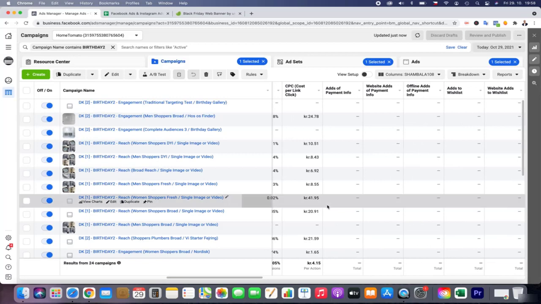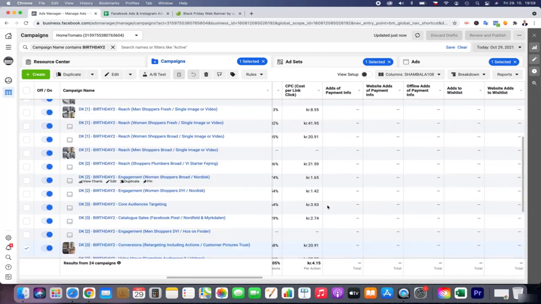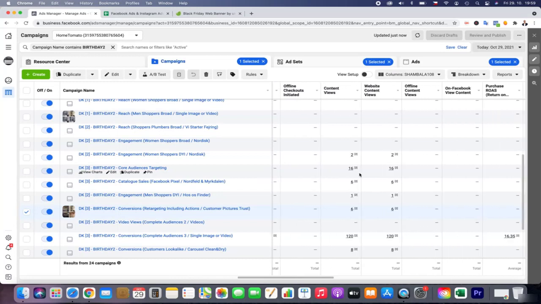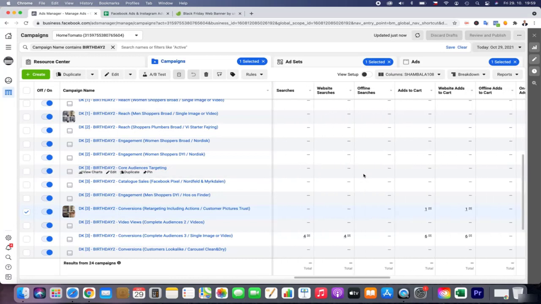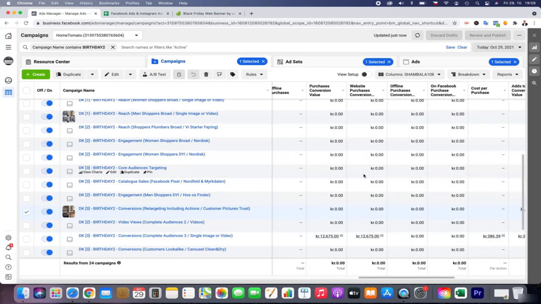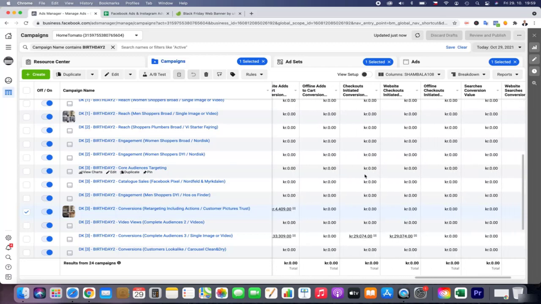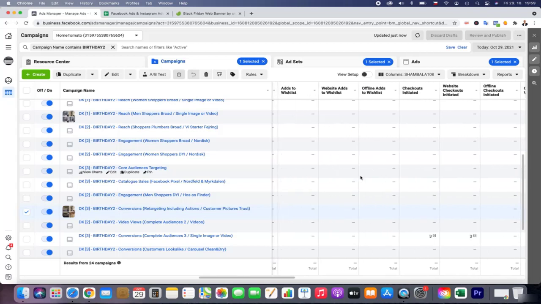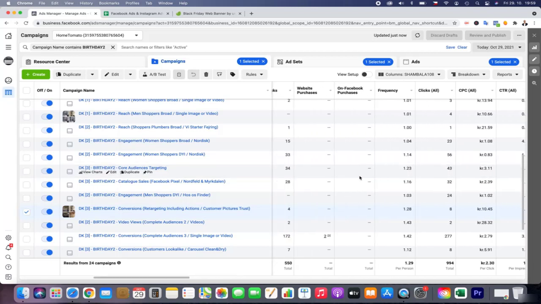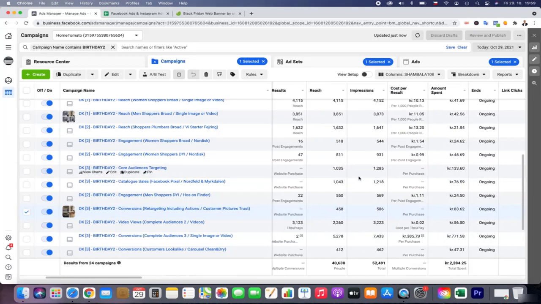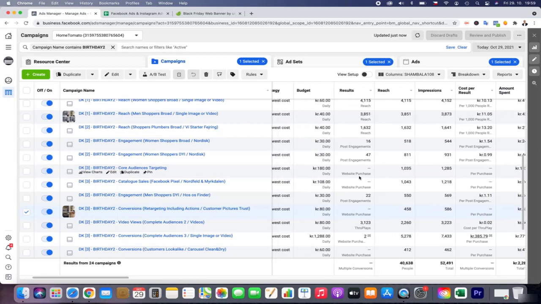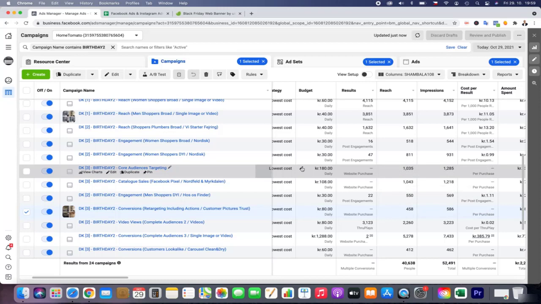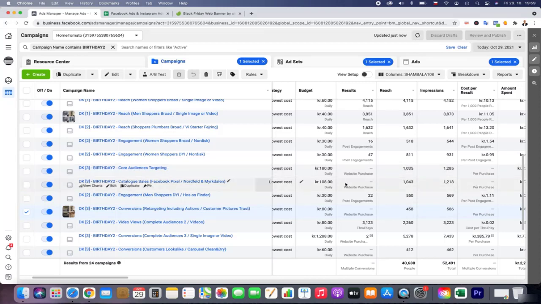And now if we dive more, we check the core audiences, and actually the link click is good, the view content is good, even if we don't have any add to cart actions, we will keep testing it because the link click price is doing well, and even if it's like core audience, I think we can keep it.